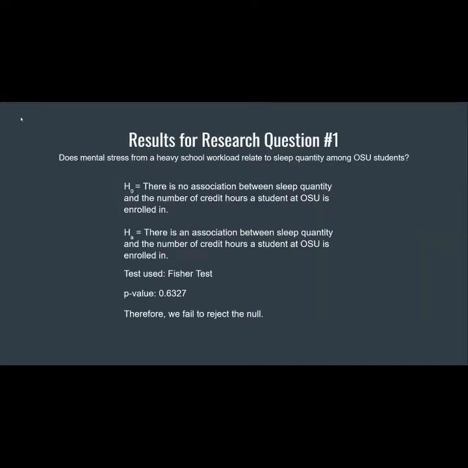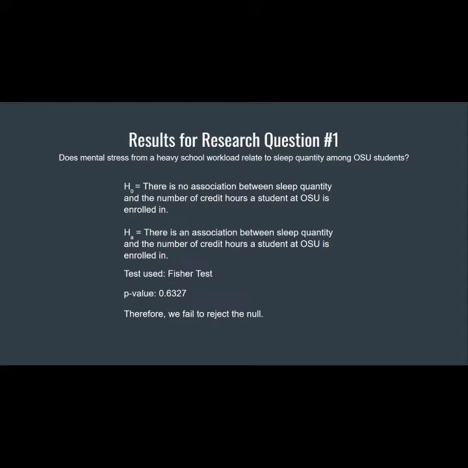Our first research question was, does mental stress from a heavy school workload relate to sleep quantity among OSU students? We found that in our sample, there was not a significant association between perceived sleep quantity and the number of credit hours a student at OSU is enrolled in. This result was found from conducting Fisher's exact test,